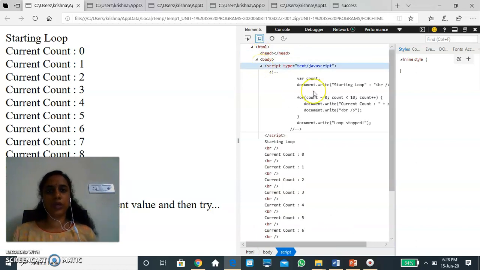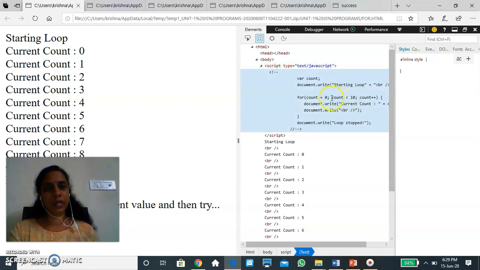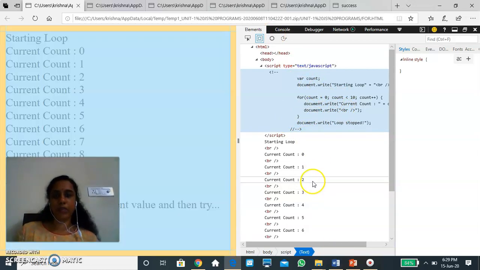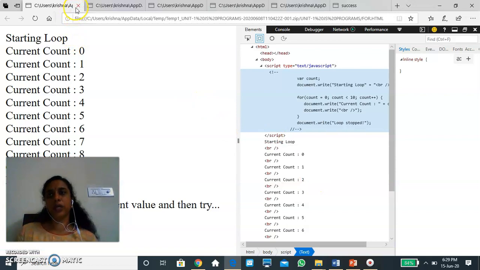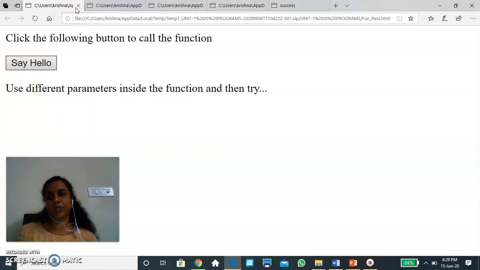Here I have used a for loop, and inside the for loop I am trying to use a counter, and I'm displaying the counter with document.write. The moment I execute the program, the counter is starting from 0 to less than 10. That means 0 to 9, the counter is trying to display all the numbers 0 to 9. So that's how I'm trying to display the content. That's the use of a simple looping statement.